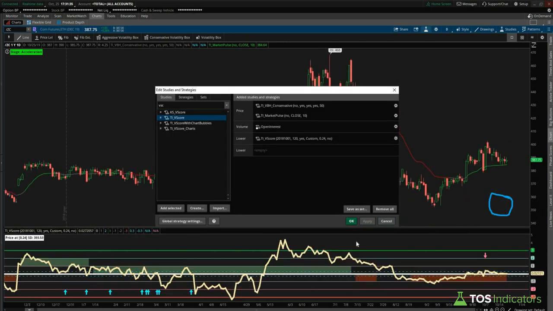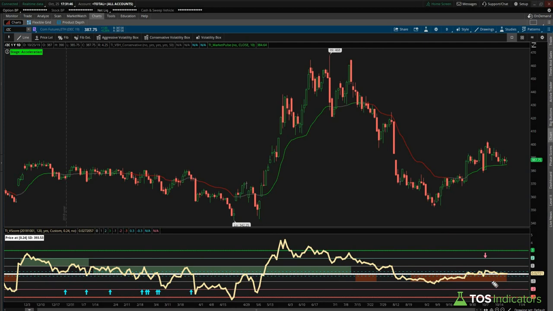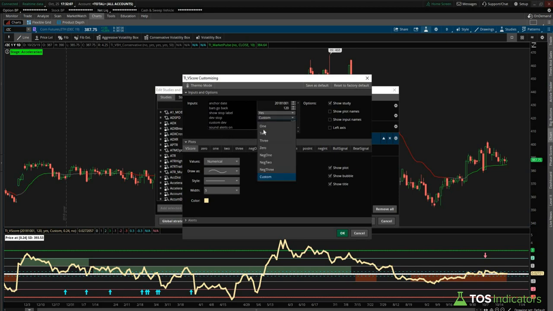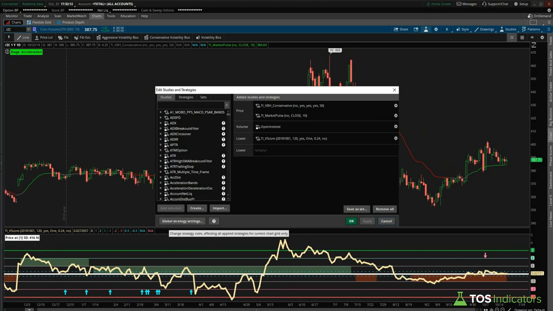And now if we load up our version of the V-score, we can see that we're very clearly right near the 0 standard deviation mark. And so a target that you might be looking at is really to see if you can make a move to the 1 standard deviation before you make a move to the -1 standard deviation. And you might be asking, okay, well, what's the price there? To figure that out, you can come into your option study menu, click the study settings for the V-score, and change our label. We'll see what the 1st standard deviation is first. We can see that price at the 1st standard deviation would be 414.16. And that on the chart takes us to, let's say, right around right there.